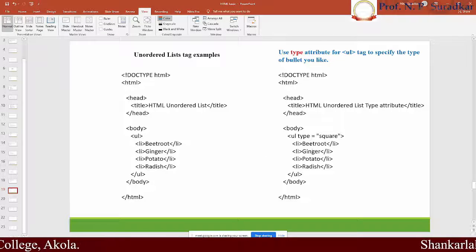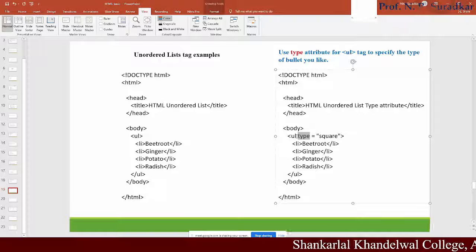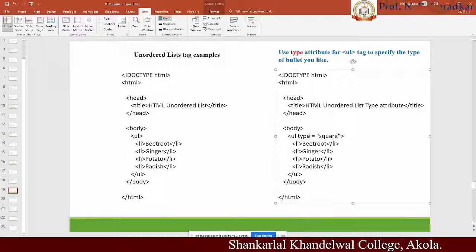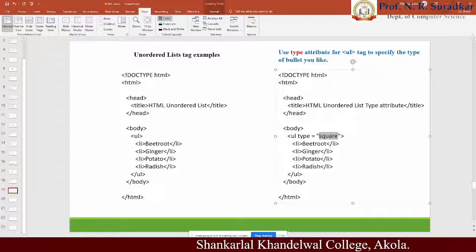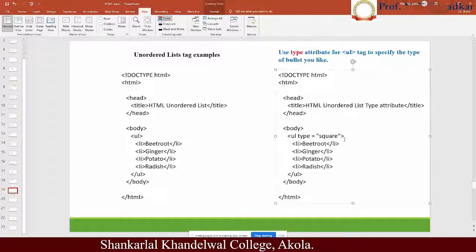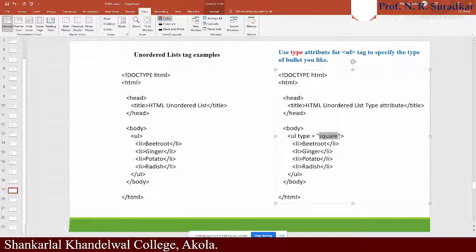Whenever you want to put a type attribute, put it in the starting unordered list tag, in between put the attribute type and specify its value. These values specify the bullet type with which the content is shown. Suppose I want to show this by using the square.